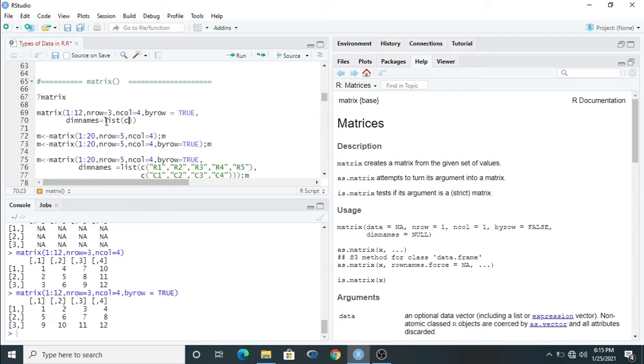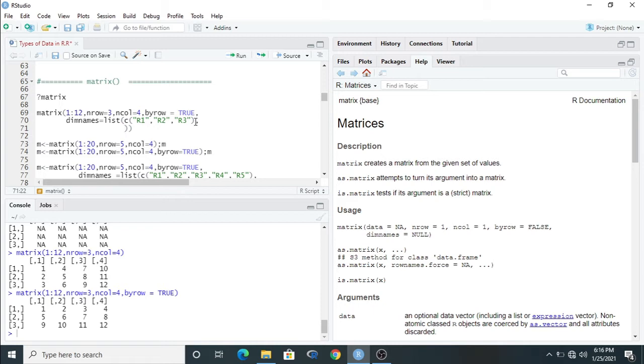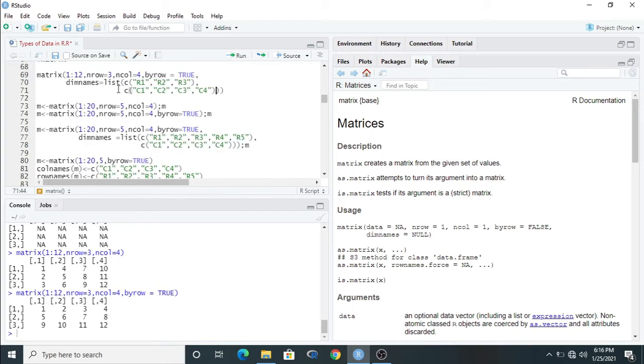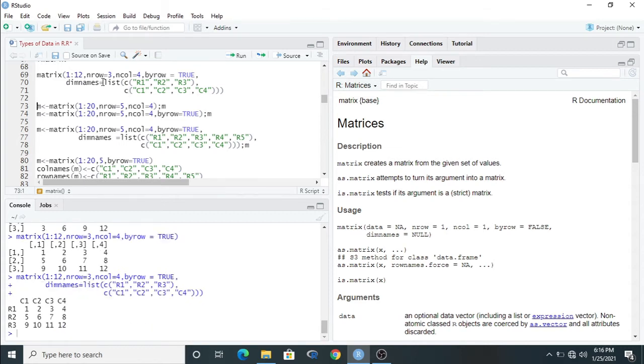Suppose here the total number of rows is 3. Remember one thing, for the dimension name, the first vector should be the row name, then put comma for the column name, press enter, then again put the names of the columns. Okay, this is the total format or base format of the matrix. Just run this, control enter, and it will show you the row names and column names.